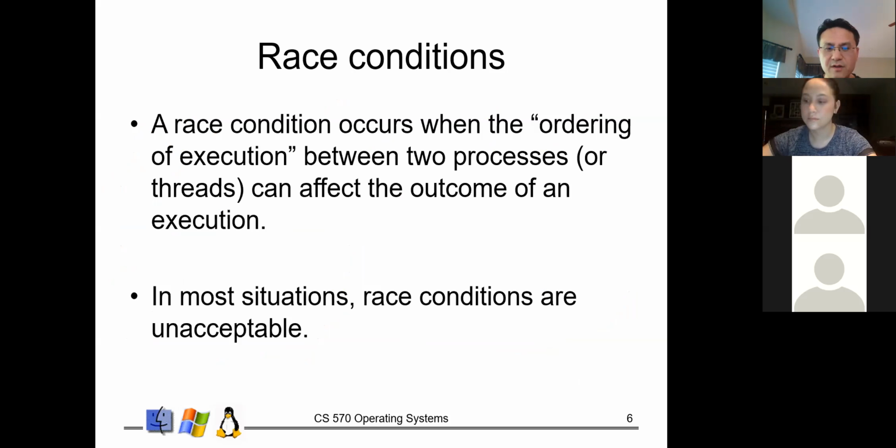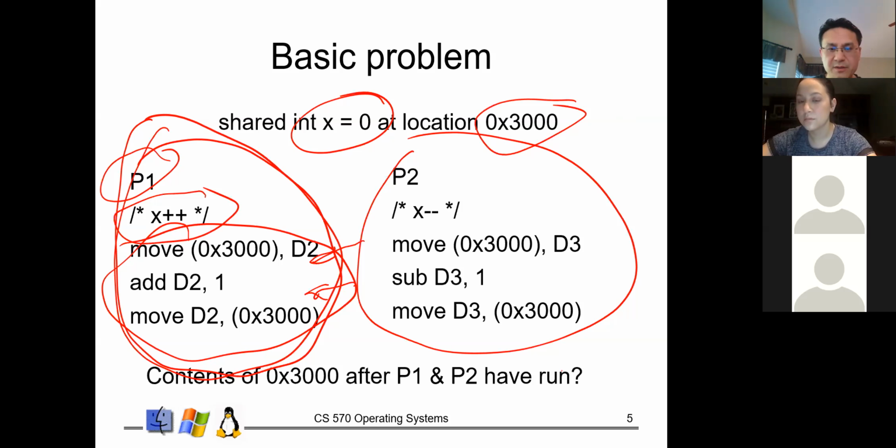For the 2 programs we just talked about, P1 and P2, it's not that they will definitely result in a race condition. It means there is a possibility